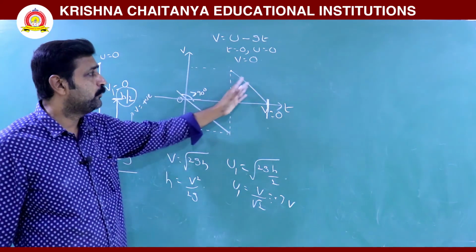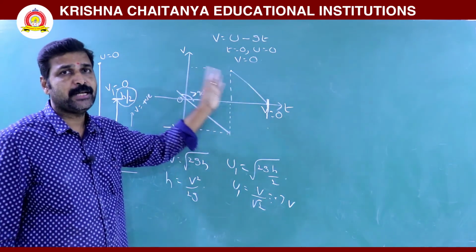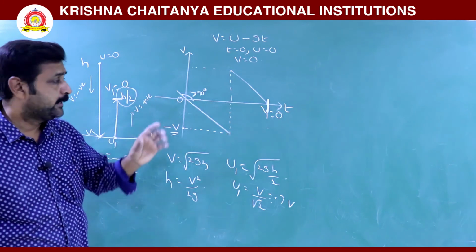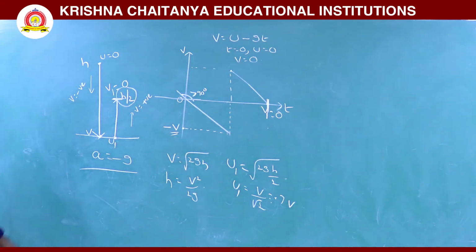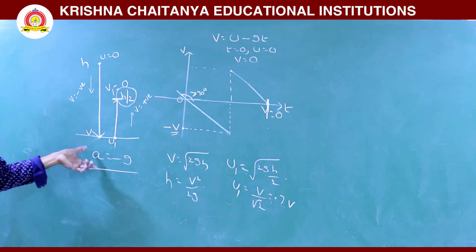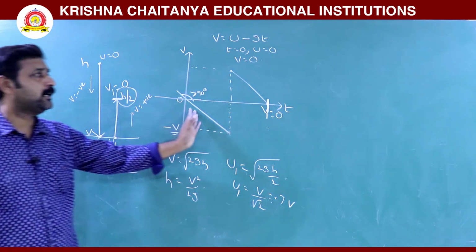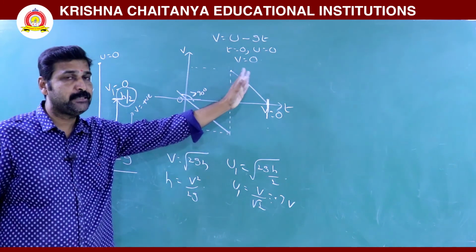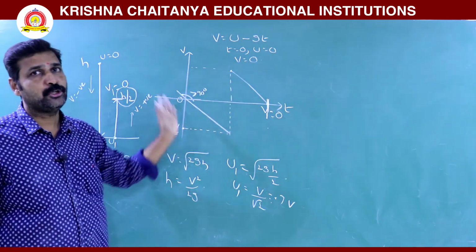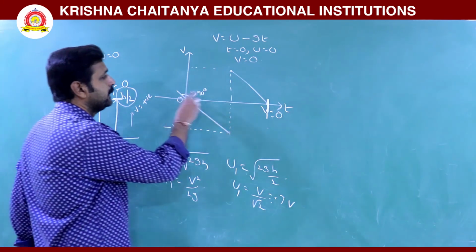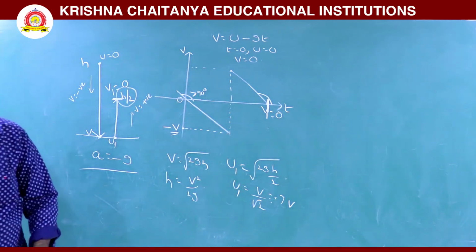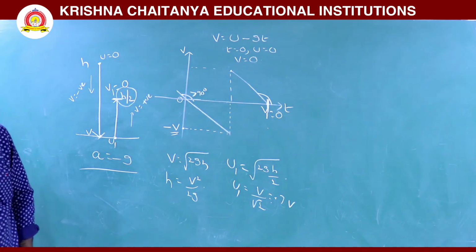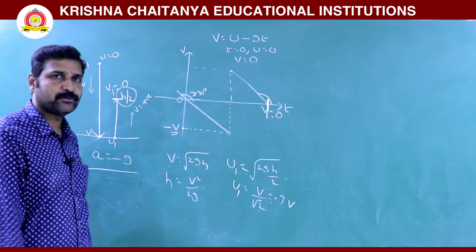Then why do we draw straight lines only for the velocity time graph? For a straight line, the slope is constant. What does the slope denote? Slope denotes acceleration. Acceleration is constant, and for both graphs they are parallel lines. That means for both graphs the slopes are negative. Here the slope angle is greater than 90, and here also it is greater than 90. So, in both cases the slopes are negative, which means acceleration is negative.